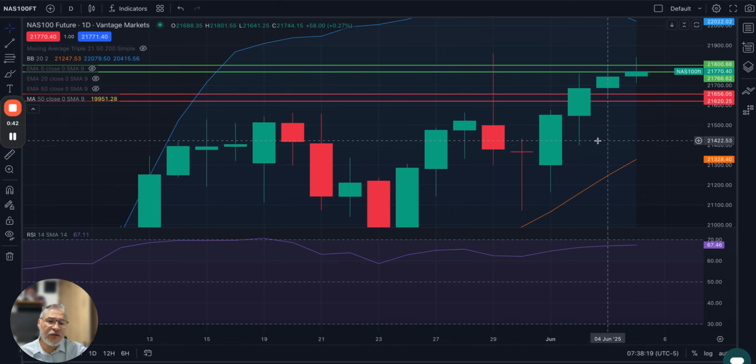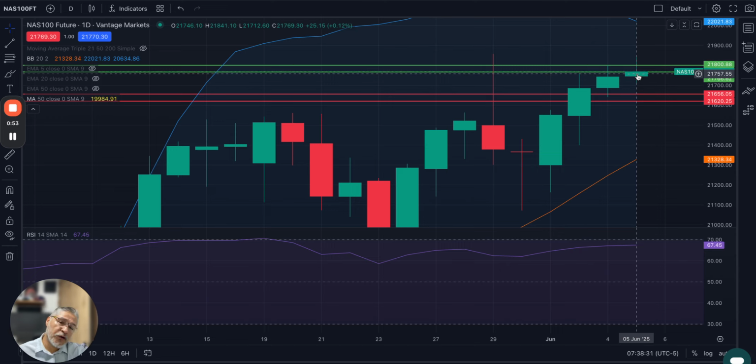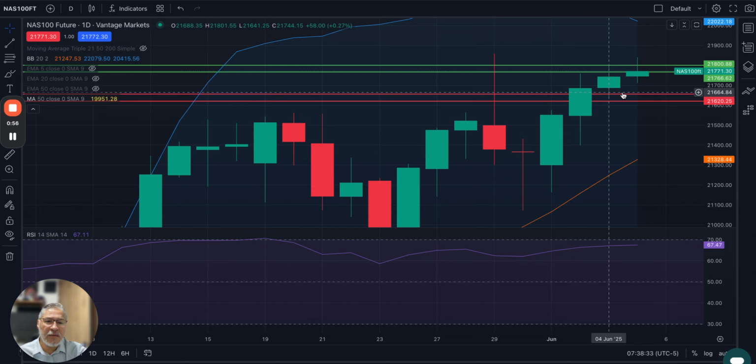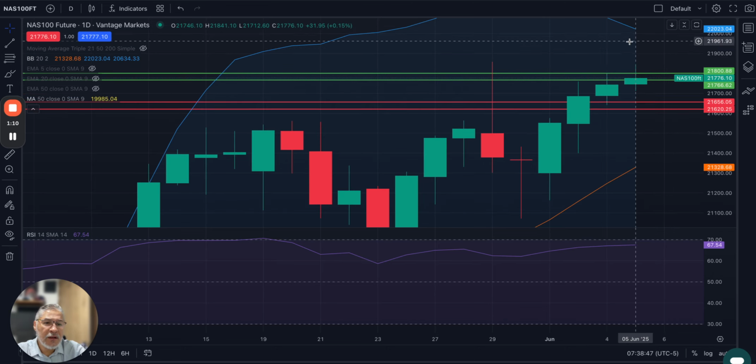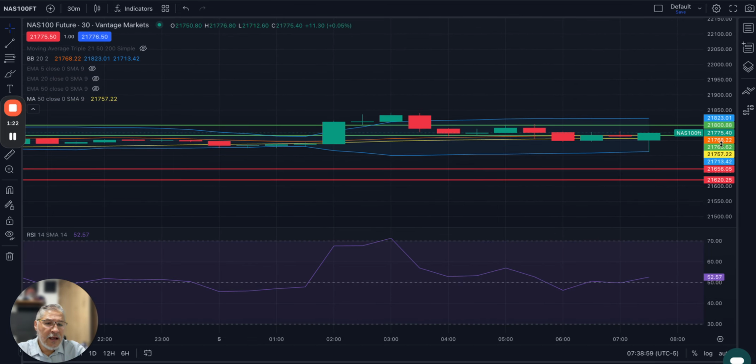In this daily candlestick chart, we're seeing that the market is in an uptrend, as it's been making higher highs and higher lows, and today it has done so again. It's on its fourth consecutive day, so we basically are in an uptrend. Now, after this news, this has taken some steam out of that momentum to the upside, which was looking to reach 22,000, but obviously it didn't even reach 21,900.